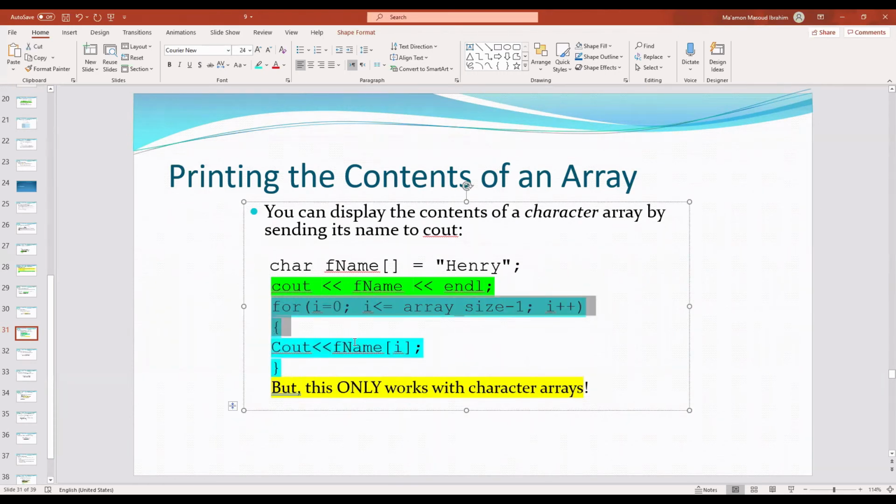So I can use this statement. It is just like the green one, but I can use the green one only with an array of type character. But this for loop can be used with any array type. If this is clear, guys,